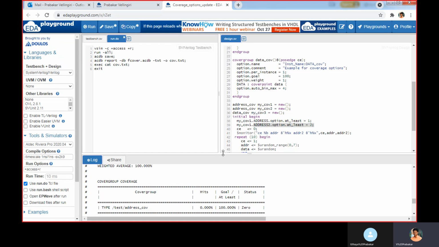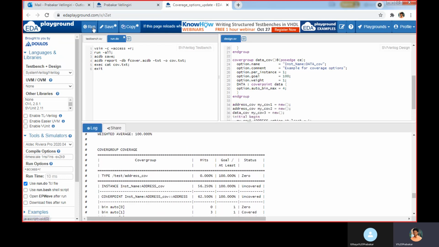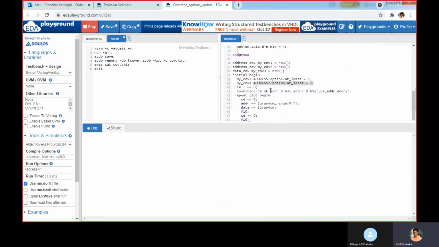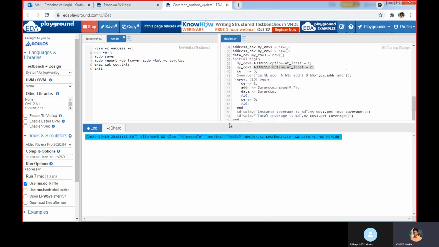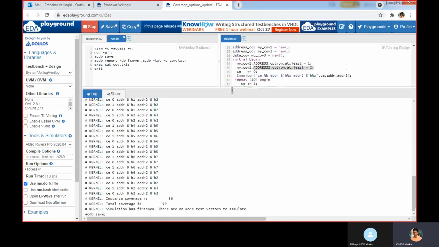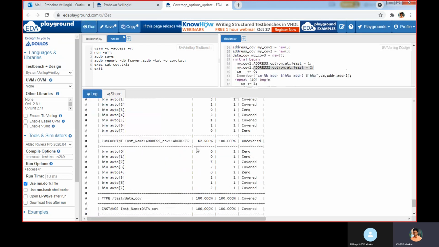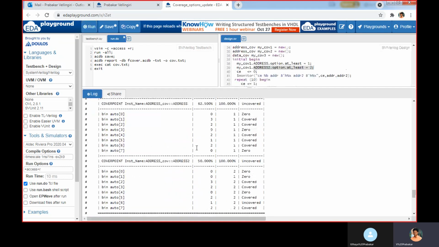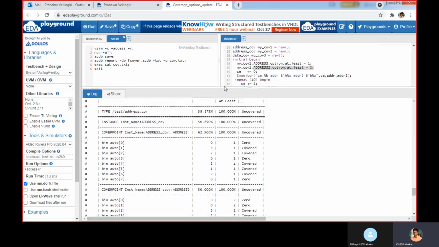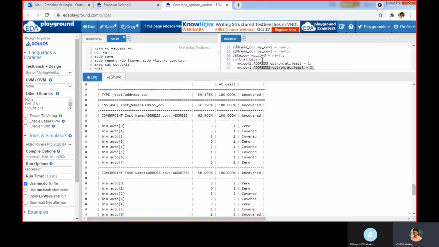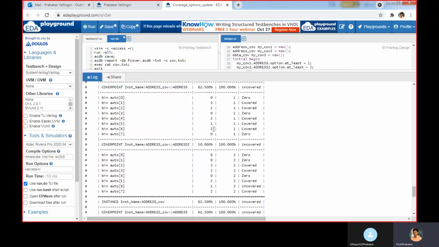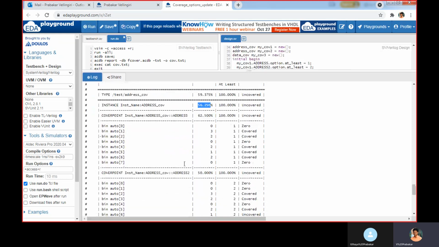So here this one is for myCov1. It is the average of these two, address and address 2.